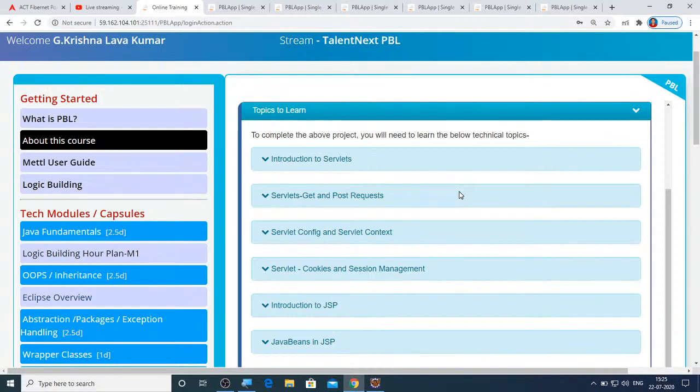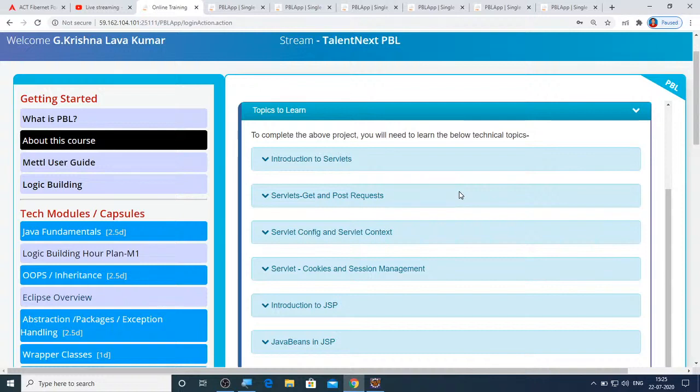And this Servlet interface has a child, which is GenericServlet. The name itself makes you understand GenericServlet is the child of the Servlet interface, which contains the implementation of the Servlet interface. That is, it contains the implementation of the lifecycle methods of the servlet. And this GenericServlet again has a subclass, HttpServlet.